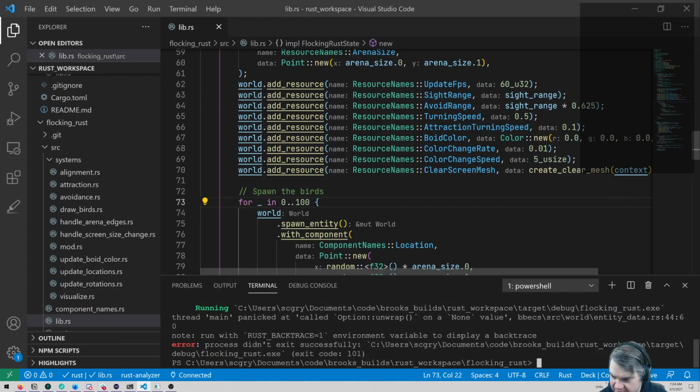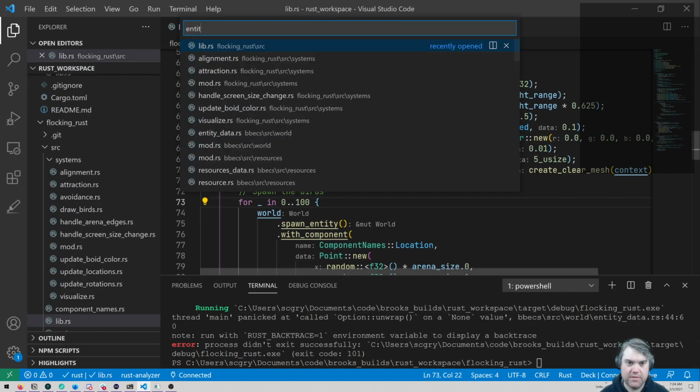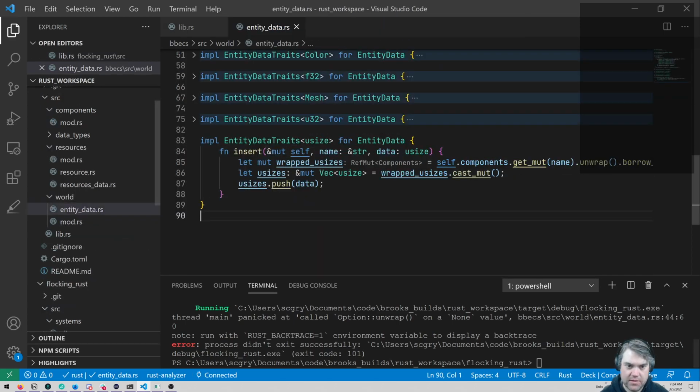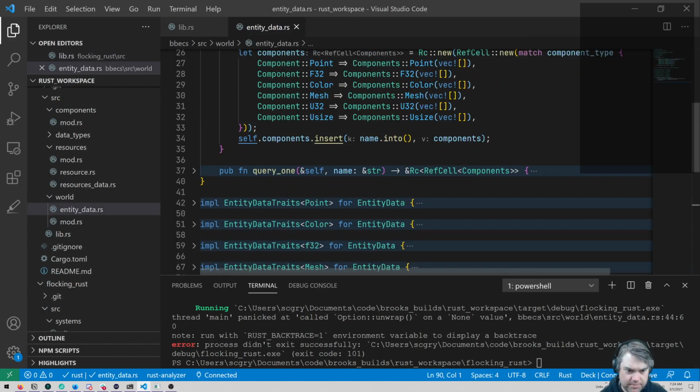All right, panic. Okay, so it called Option::unwrap on a None value in entity data, line 44. So entity data, line 44.